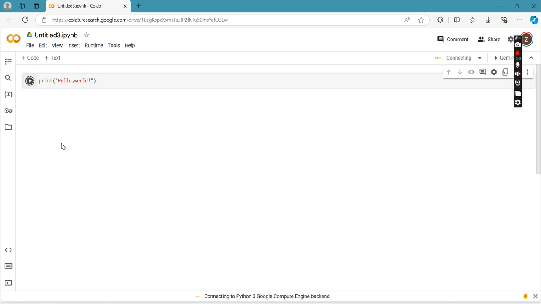So let's hit the play button and wait for our compiler or our notebook to run our Python script. There we have it. We have successfully used Google Colab in running our code.